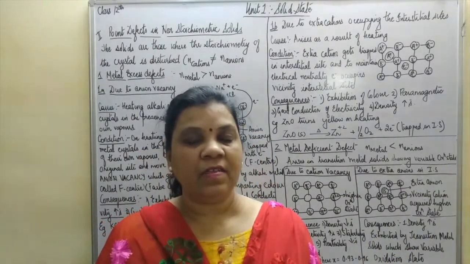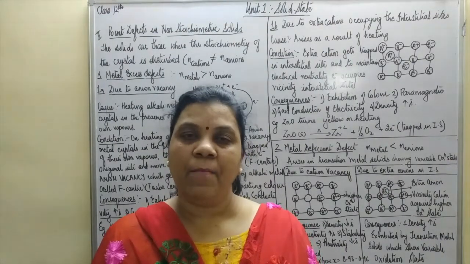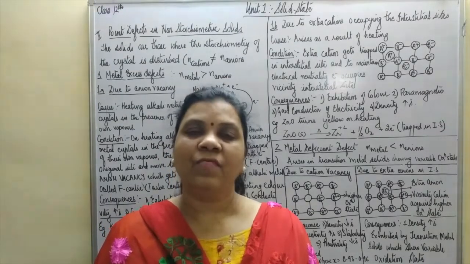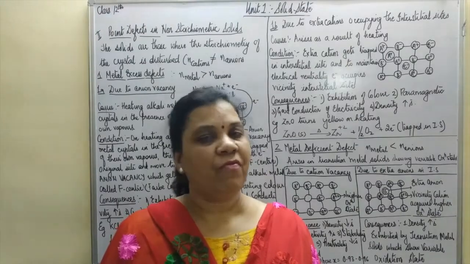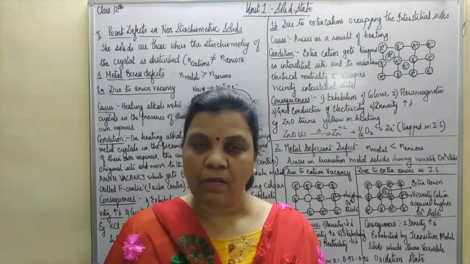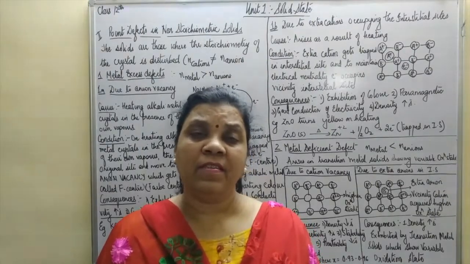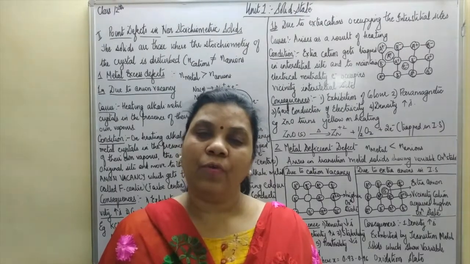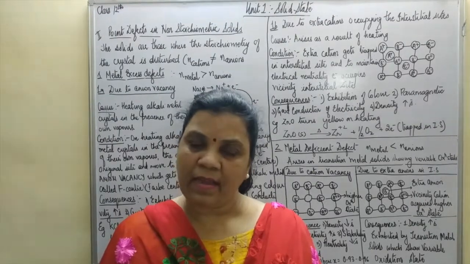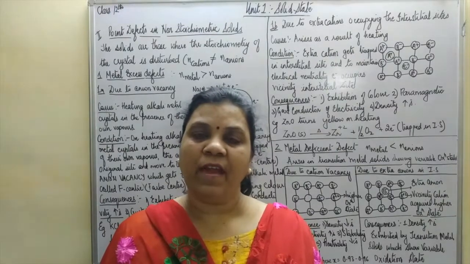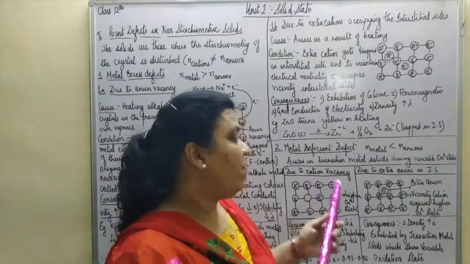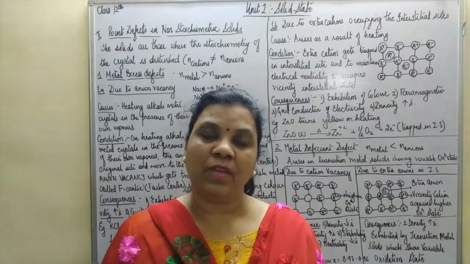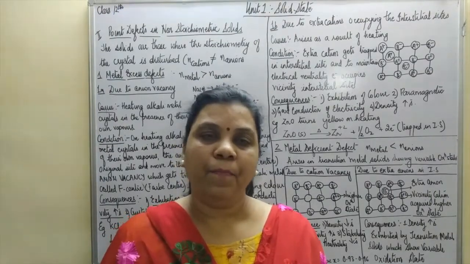So we have discussed the point defects in stoichiometric solids, which were categorized into 4 categories, that is vacancy defect, interstitial defect, Schottky and Frenkel defect. And then we discussed the point defects in non-stoichiometric solids, categorized into 2 categories: metal excess developing due to anion vacancy and extra cations occupying the interstitial site, and metal deficient defect developing due to the cation vacancy and extra anions getting trapped in interstitial site. Now let's proceed to the third type of point defects, and that is impurity defects.